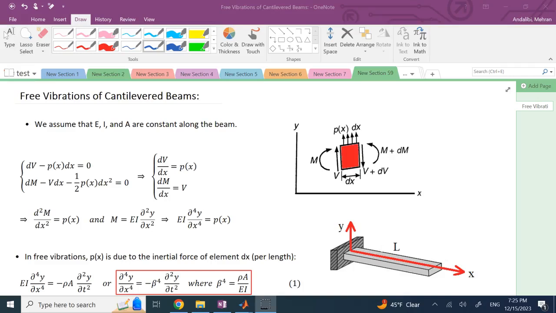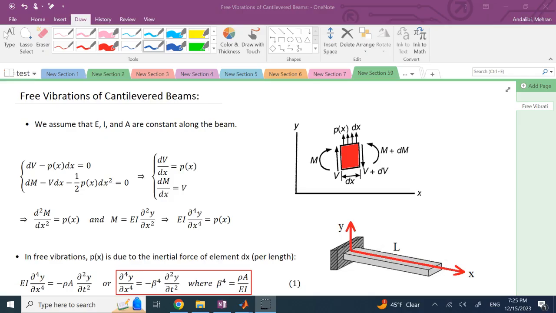Hello everyone. In this video we're going to talk about theory and simulation of free vibrations for a cantilevered beam, or beams in general, but here we're going to focus on the boundary condition of a cantilevered beam. So here is a cantilevered beam with length L, which is fixed at x of 0, and here is an